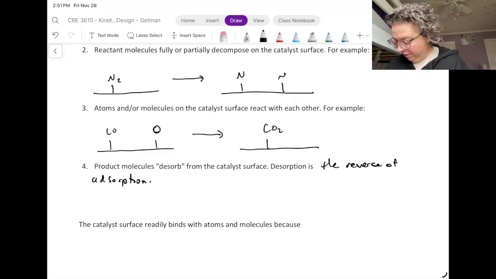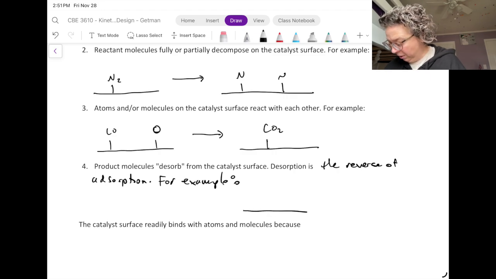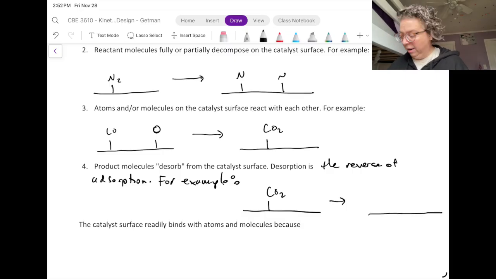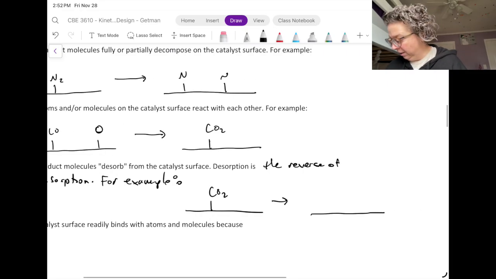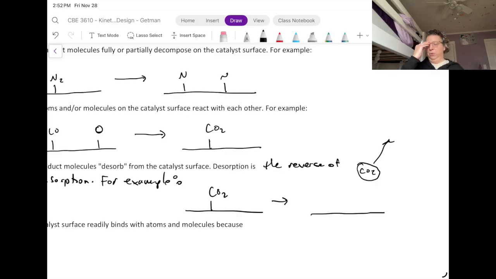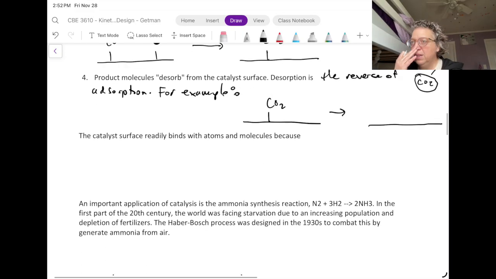And an example of this would be our CO2 molecule that's adsorbed to the surface, leaving the surface and going into the gas phase. So over here I might have my CO2 molecule, and now I'm a gas phase molecule no longer attached to the surface. So the surface of the catalyst